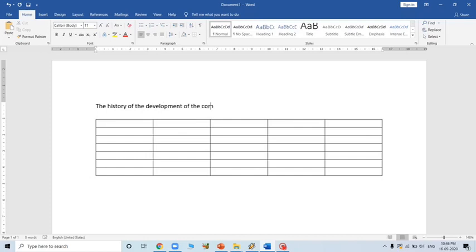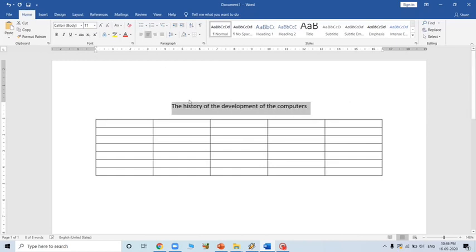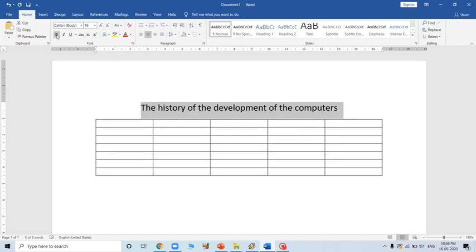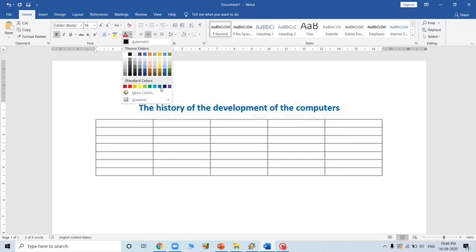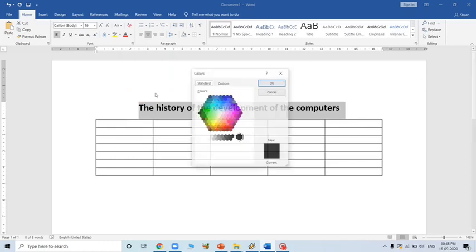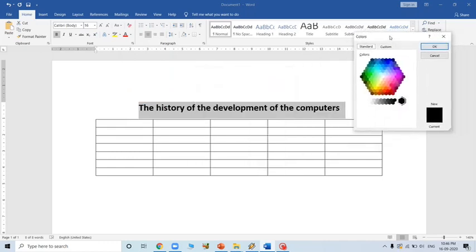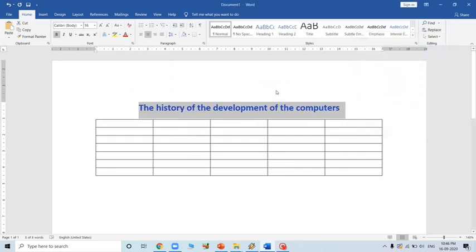Select this, click here, and it will come in the middle. You can increase the size, make it bold, and choose a color of your choice. If you want more colors, go here and you'll get more choices. I'll select this one.